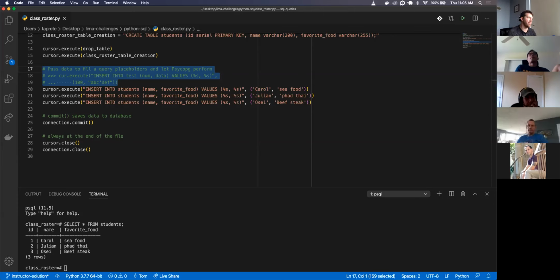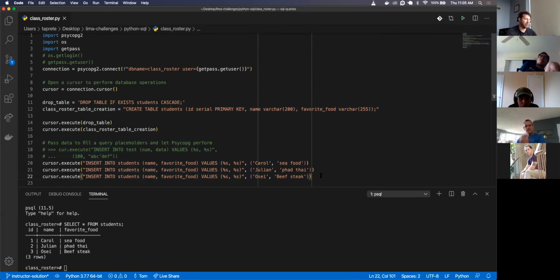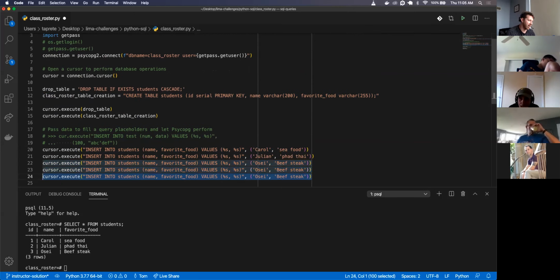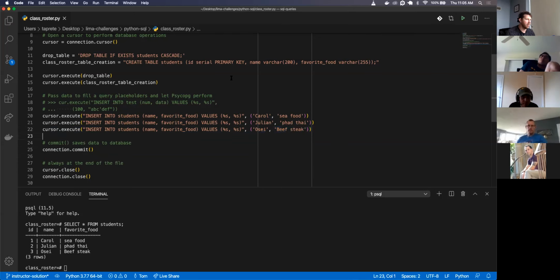That's one benefit of utilizing Python and Psycopg2, and we'll get to this in the next part of the lecture: you're able to scale this up. Writing insert into 3 times is fine, but what if the database had 1,000 rows, and I had to write this 1,000 times? That's not very scalable. So with that, I'm going to